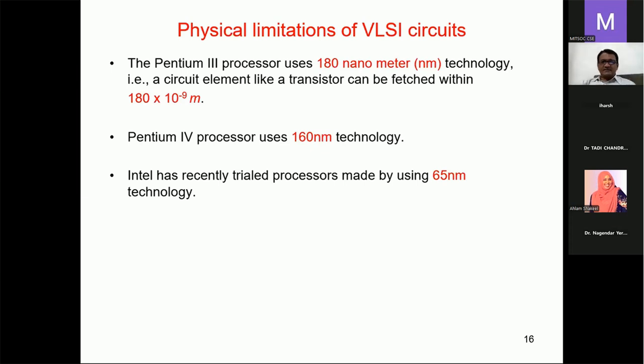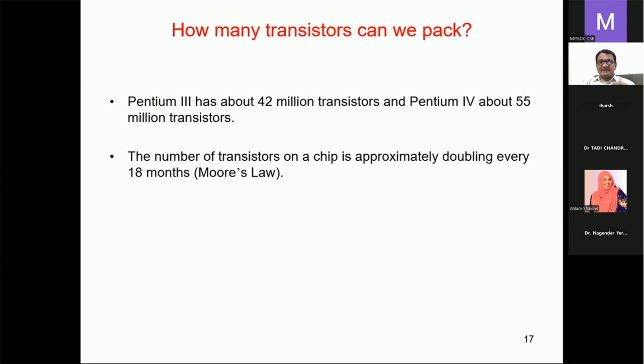No doubt, Intel is the leader in processor advancement. There are many other leaders across the globe, but still it has limitations, because the more ICs you pack into one chip, there is again a problem of power dissipation, and a better cooling mechanism is required. I don't know how many of you are aware, but Pentium 5 has about 55 million transistors. Are you aware of it?